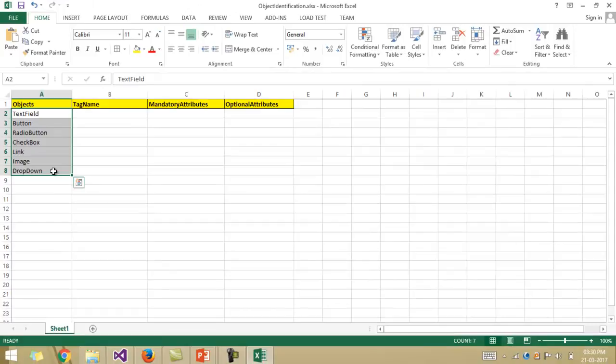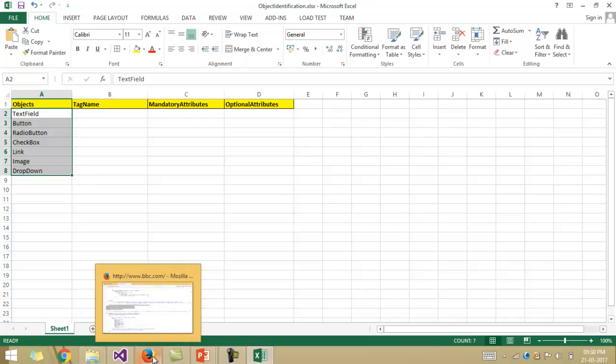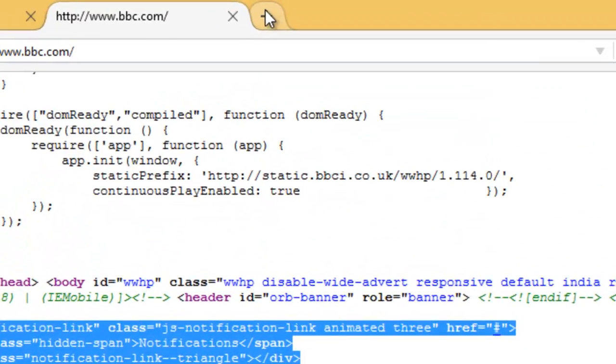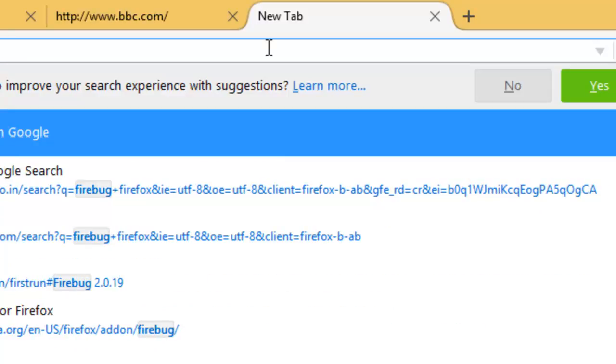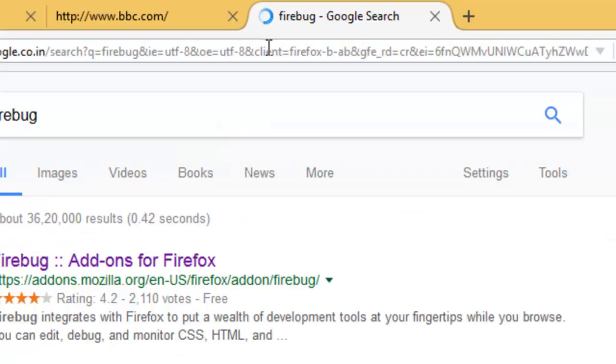All right. Okay, so now say suppose we need to check how we can identify these elements on the web page. So what you need to do is, first of all, in your Firefox, you need to install an extra plugin, that is Firebug. Okay, so you just open your Firefox browser and then you simply search for the Firebug plugin. We'll talk about Chrome and IE as well, but let me talk about Firebug in Firefox first of all,